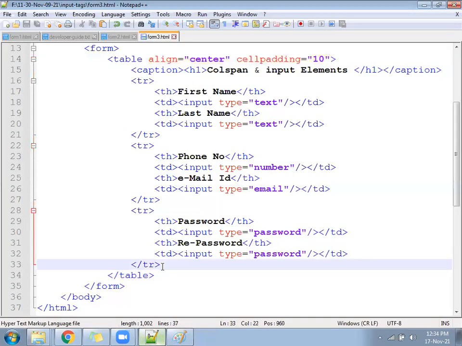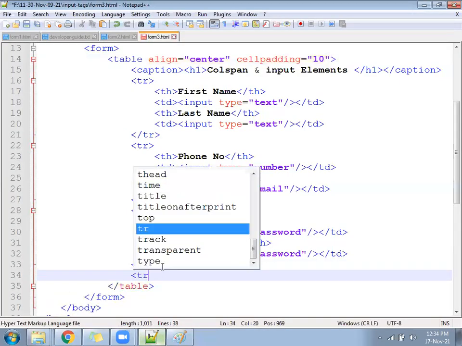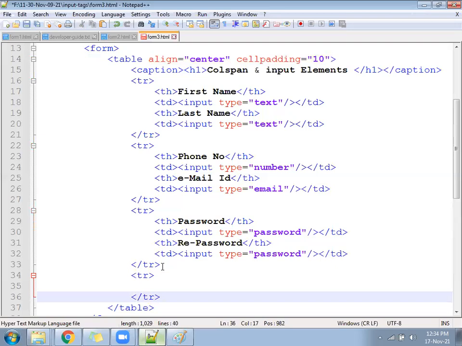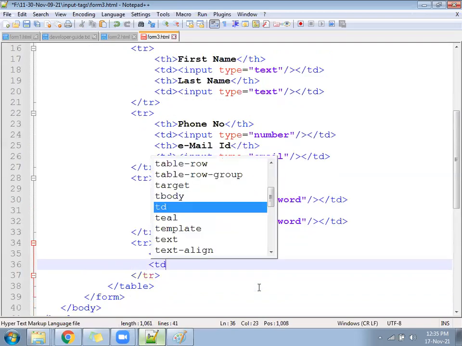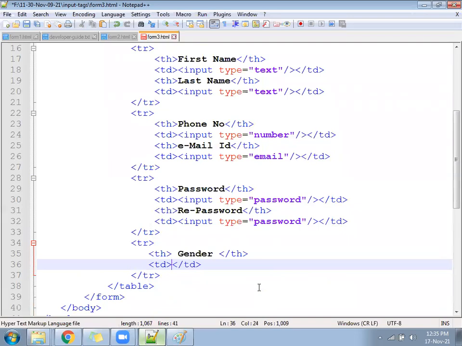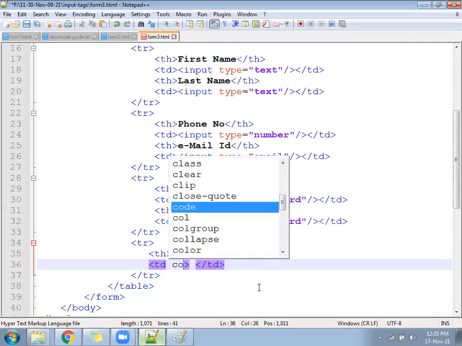Next TR will be address, or maybe gender, that will cover the full width. A TH we keep called gender. Then 1 TD that will cover the remaining all space. The remaining space is how many? 3. Colspan equal to 3.